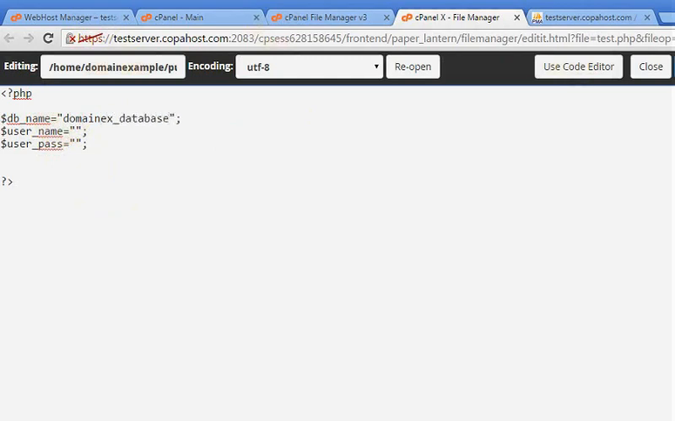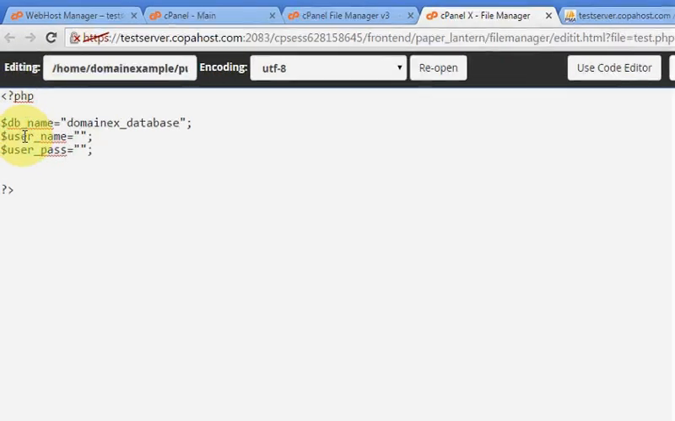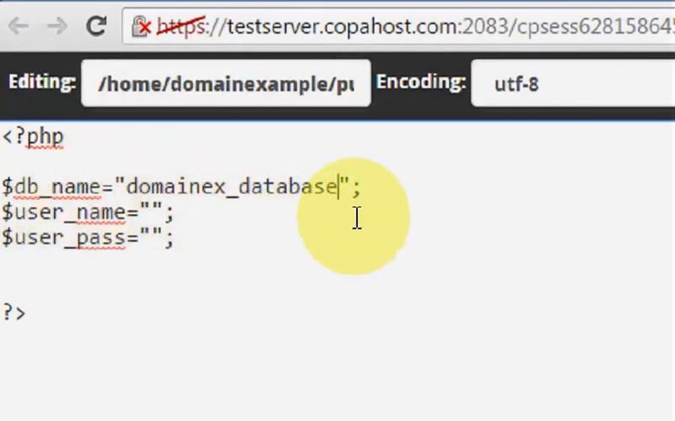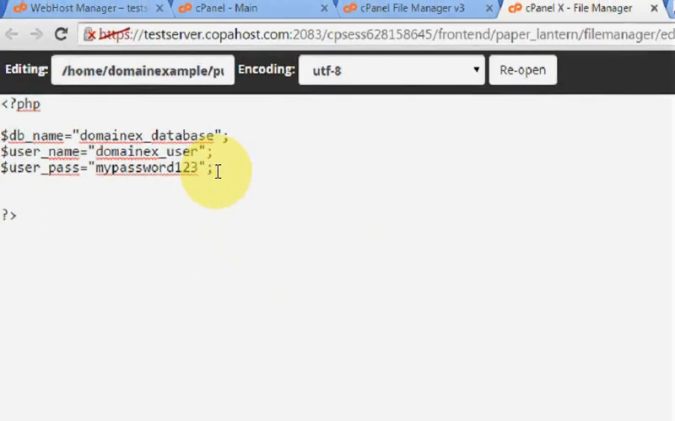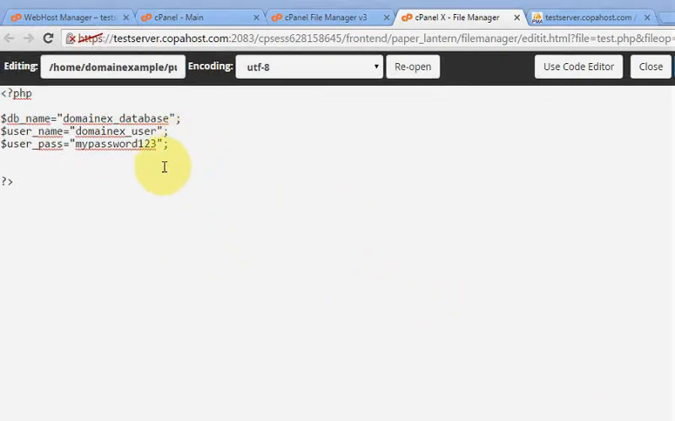In the database name variable, I'll place the database name according to my files. In the username variable, I'm going to place my username, and in my userpass variable, I'm going to place my user password. Okay, we have our database and username configured. So here it comes, the